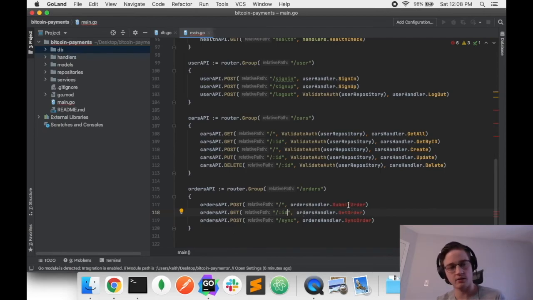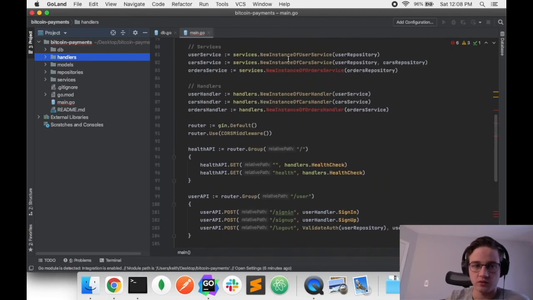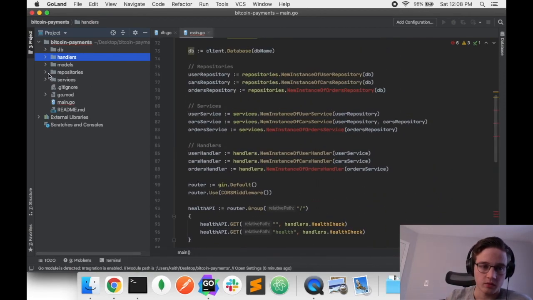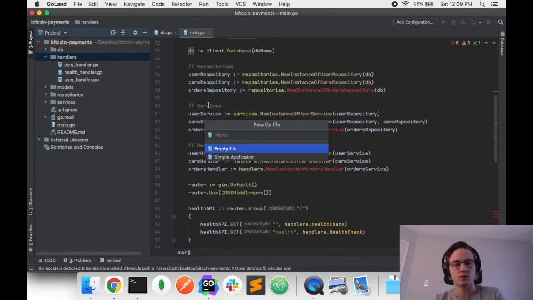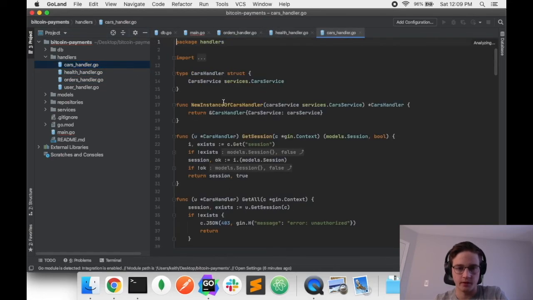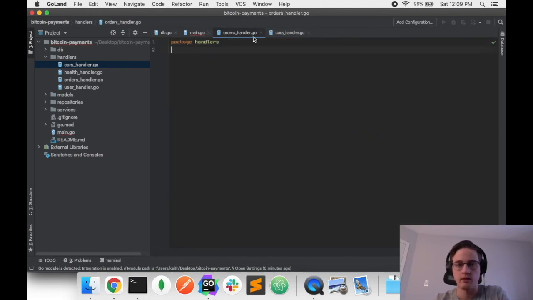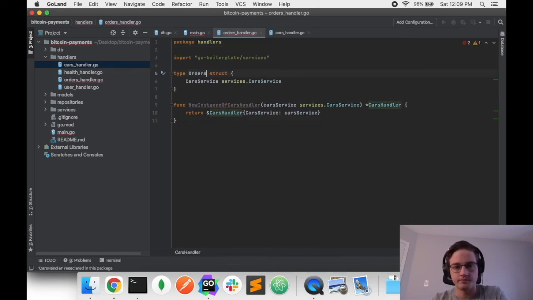So let's add our handler methods, because all 3 of these do not exist. With that, we're going to start with our handlers. We're going to add a new Go file, orders handler.go. In terms of content, I can tell you it's going to be very similar to, pick another one here. You can copy paste it over from here, or you can copy paste it from the actual tutorial. So it'd be the orders handler,